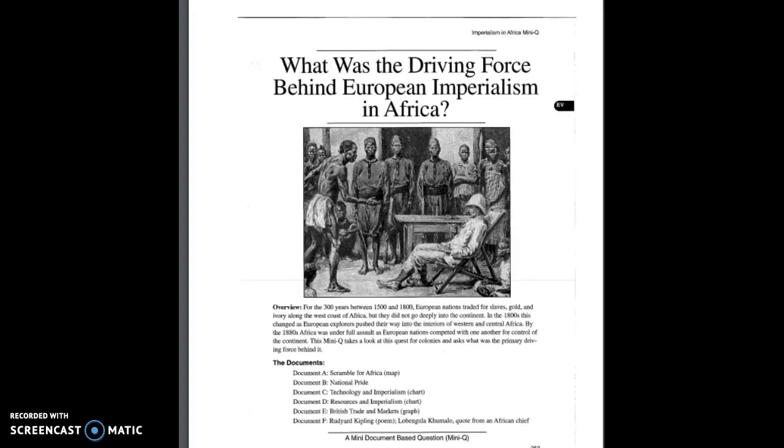Another example I could throw at you guys. These two countries are demonstrating nationalism by colonizing as much land as possible, which supports political motives behind European imperialism in Africa. So again, those are just two examples perhaps you could consider using for your arguments in your essay. All right, folks, that was about an 11-minute lecture just in terms of reviewing the documents and making sure you're on the correct path.